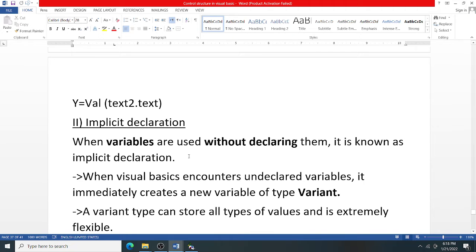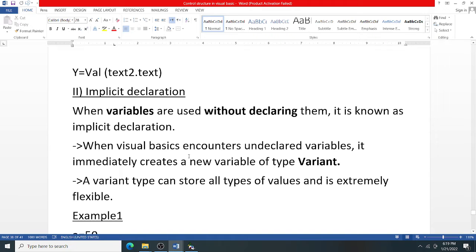When variables are used without declaring them, it is known as implicit declaration. That means we are not using the Dim keyword, then the variable name, As keyword, and data type. If we are not specifying the data type, then the data type of the variable will be Variant type.